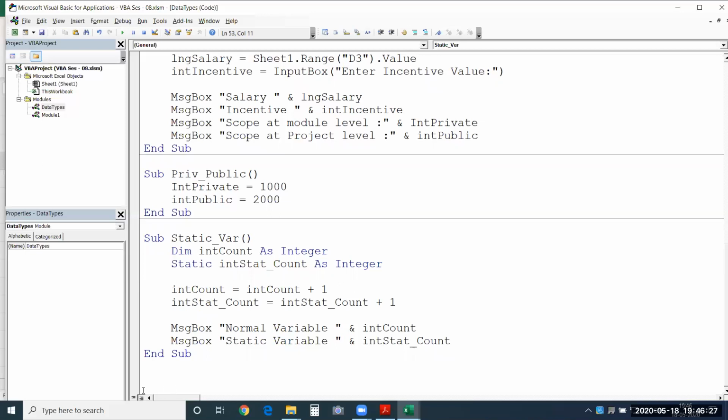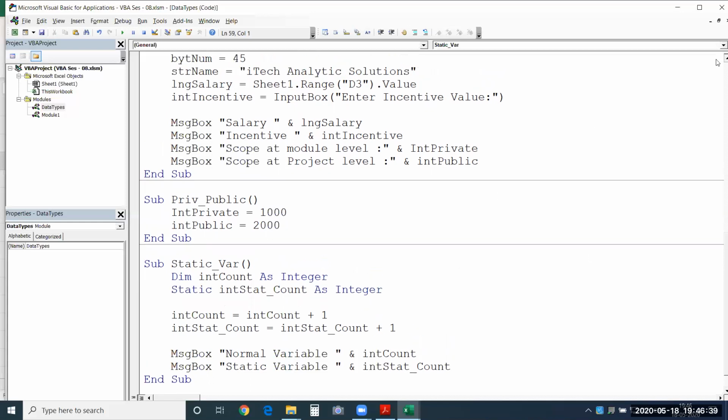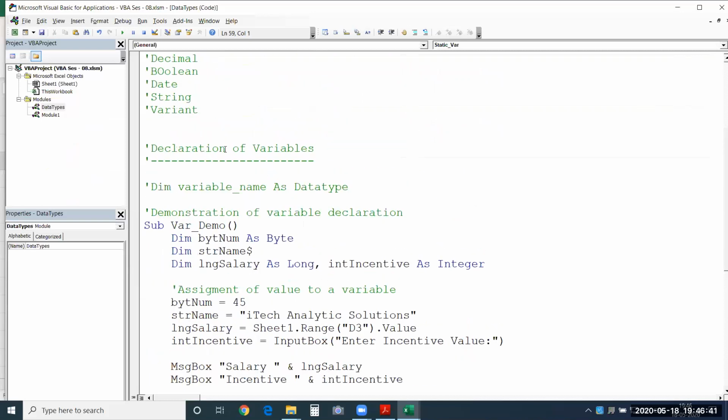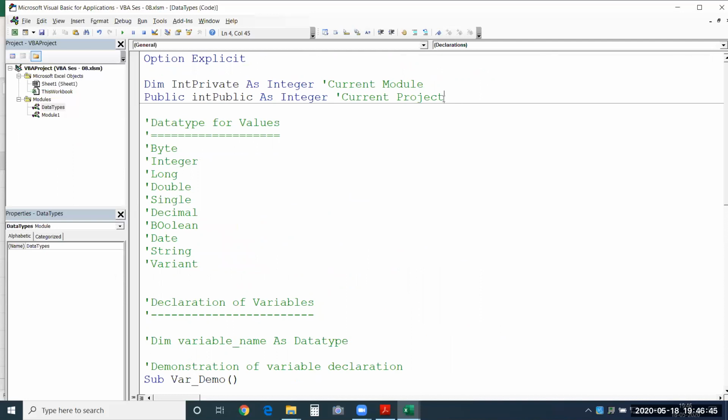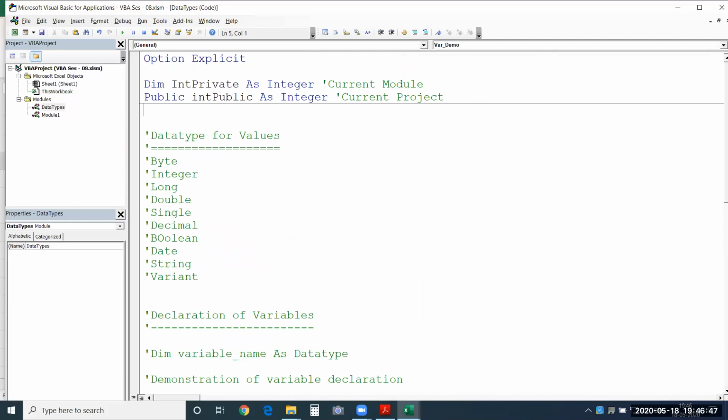Constant values will never change. You could also declare them over here at the global declaration space, right at the beginning, so that the constant variable can be used in the different macros that are available to us.